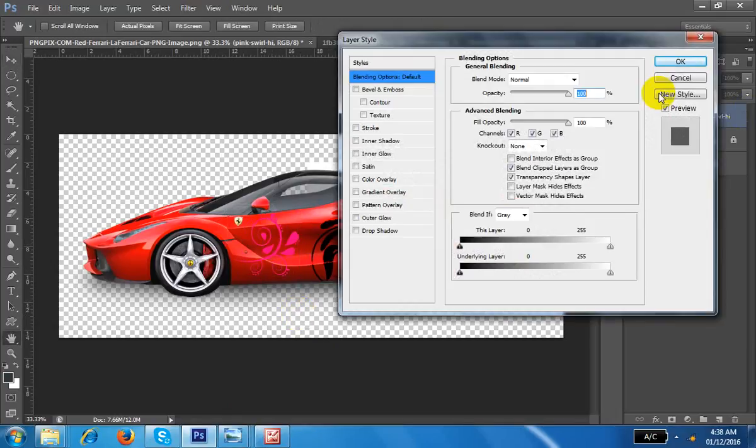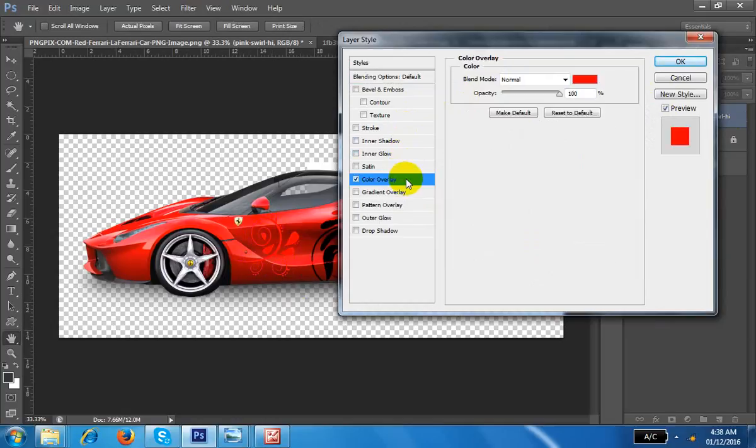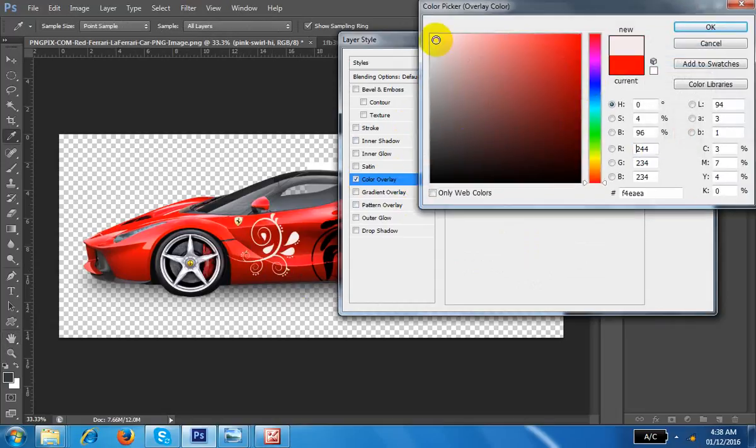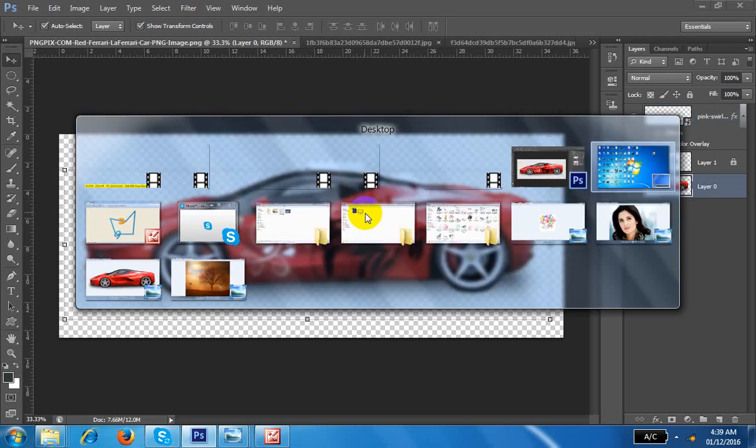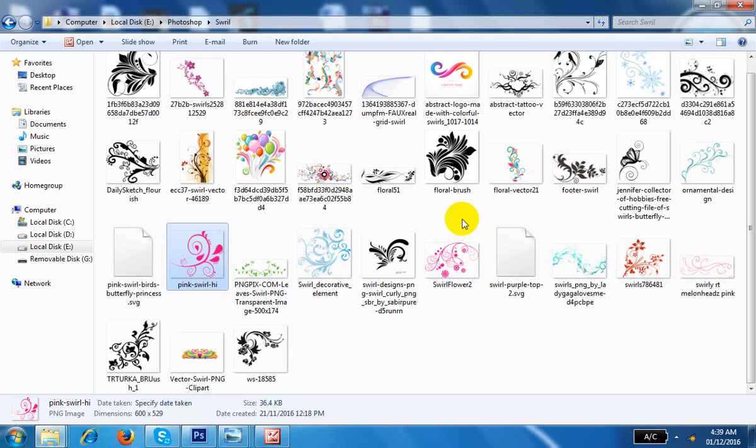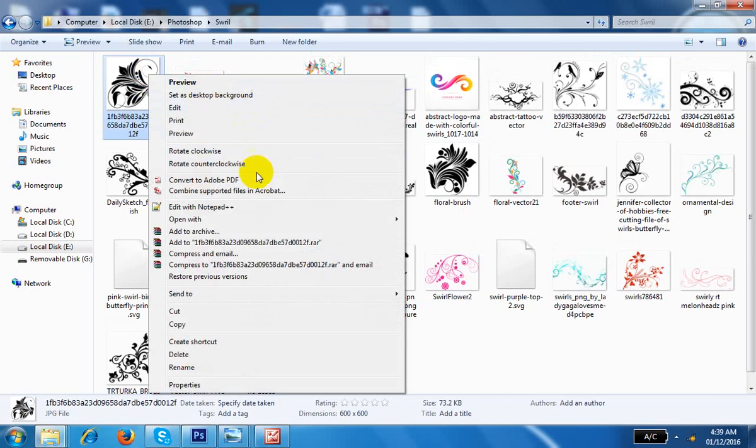Okay, so go there and try the gradient, gradient color overlay, and make it white. Understand? Because this is PNG, so it is working here. No background. Okay, so it depends on you. Maybe you can remove the background of this image also. How can you remove? I will tell you within 5 minutes, within 1 minute.